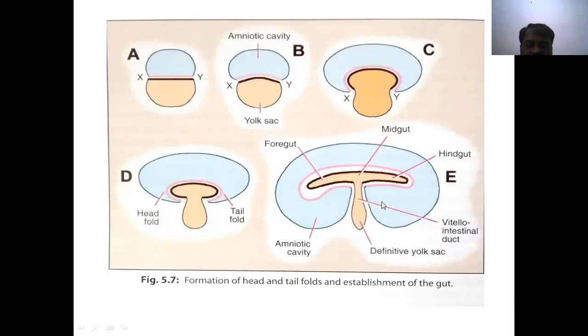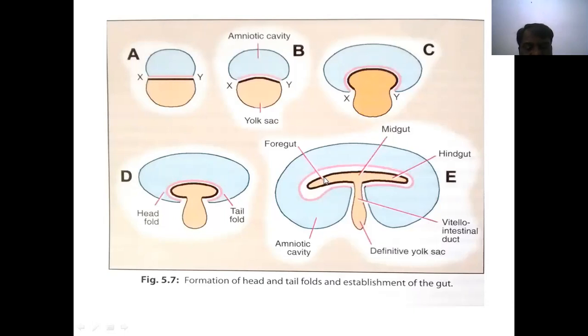Further, it pushes and forms a tube-like structure, pushing the yolk sac and connecting it with the definitive yolk sac. This tube-like structure is surrounded by the endoderm, and the ectoderm is also there. It is also extending anterior and in the middle, in front of this. As the folds push towards the center, the tube becomes a narrow tube-like structure. See, this is the foregut formation, this is the yolk sac, the midgut formation, and the hindgut formation.